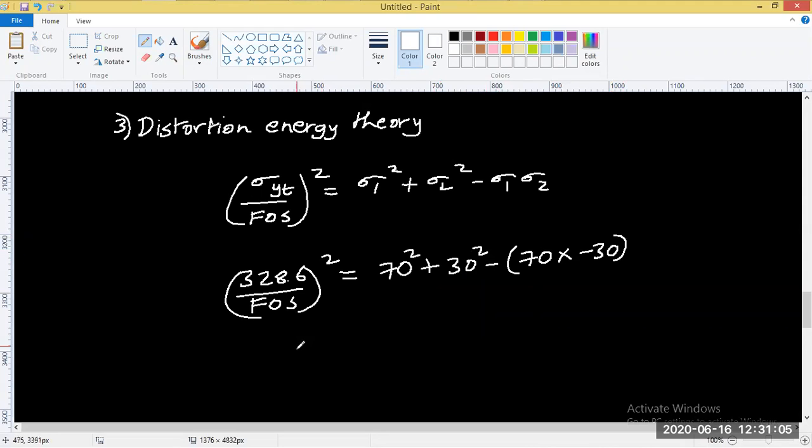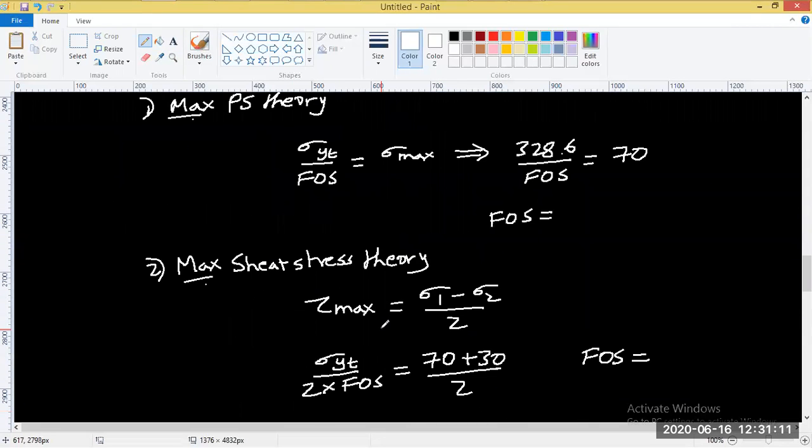Okay. So again, from this you get the factor of safety. So let's find out the value one by one. What is the factor of safety here? The factor of safety is an important parameter because that's what determines your dimensions, right? So 3 to 8.6 over 70. Yeah, you're right. So it is 4.694, and tau max. Okay, what you got is